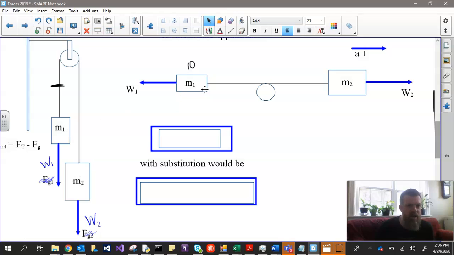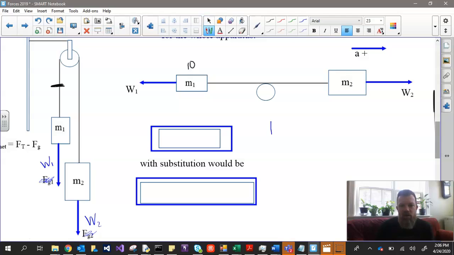So in order to analyze these, we have to lay them out flat. I've laid them out flat, and then I've put in the forces that are acting on them. Even though weight acts downward, when I lay this whole apparatus out flat, the weight of the first one is to the left, and the weight of the second one is to the right. Anything to the right is still considered a positive direction. So when we do our F net now, it is still all the forces to the right minus forces to the left. So it's weight 2